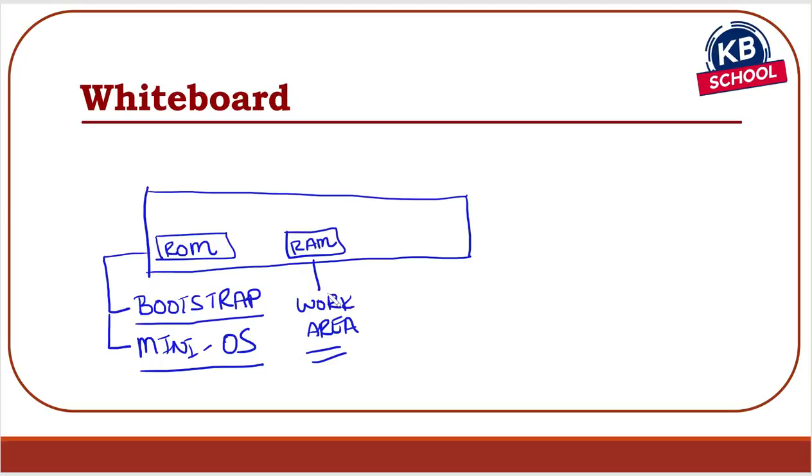The third component is the storage component. There are two storage components. The first storage component is called the flash. This is a storage component that is used to store the operating system file. On a Cisco router,